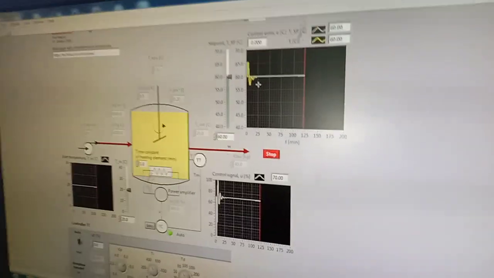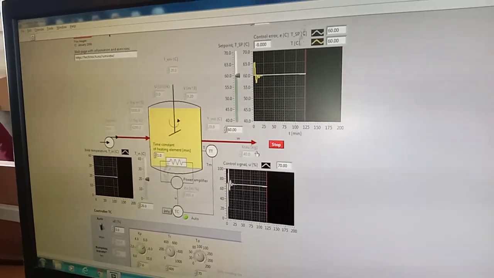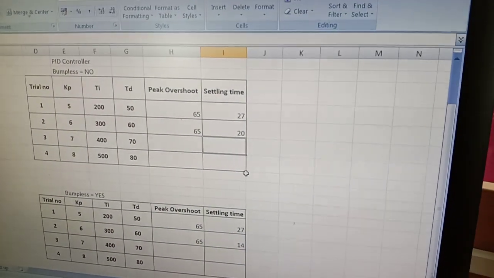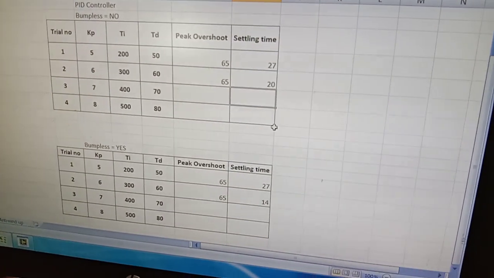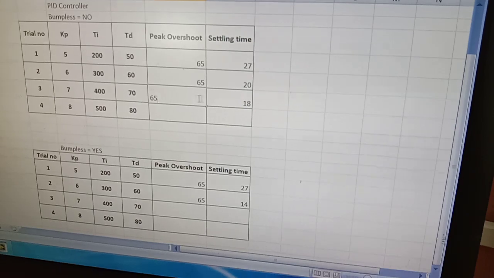So now we'll enter the values. It is taking almost around 18 minutes, and 65 remains the same.